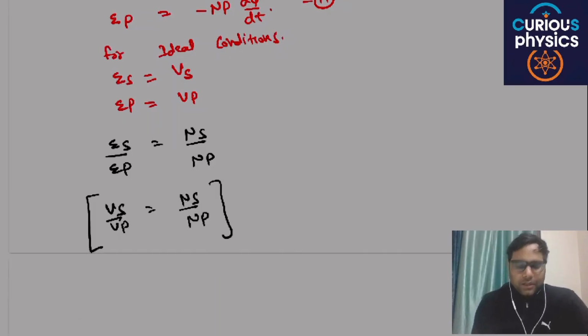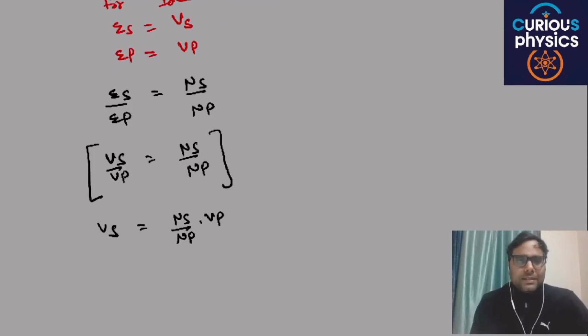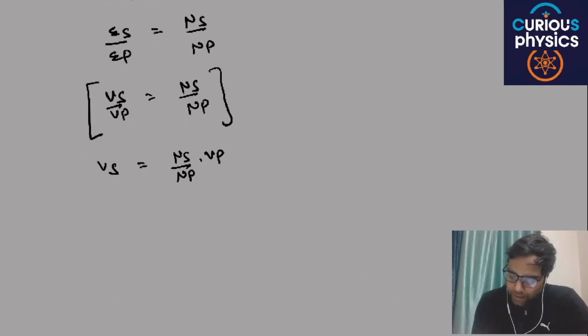And potential in secondary coil can be written as Vs equals Ns by Np into Vp. Vp is the input potential, or the potential across the primary coil. Are you able to understand my point or not? If Ns is greater than Np,